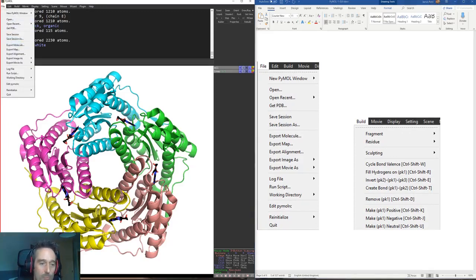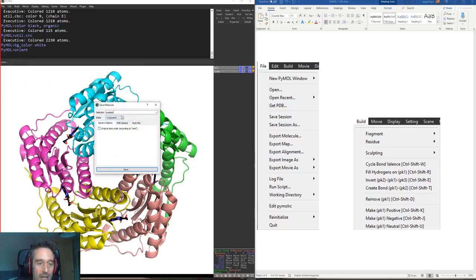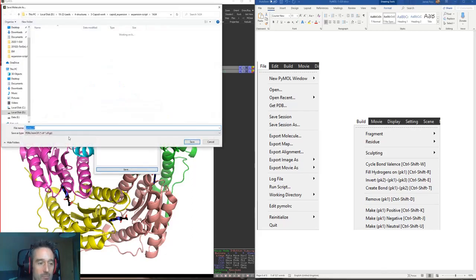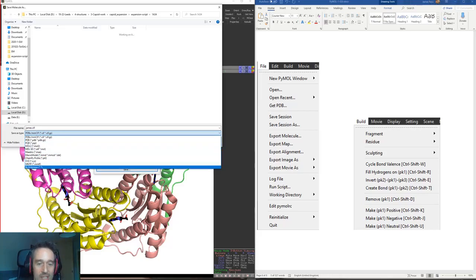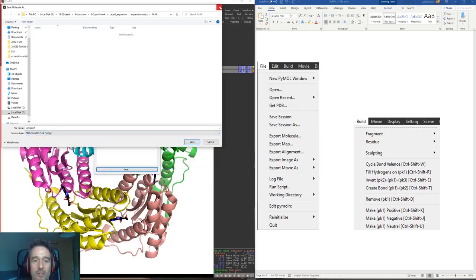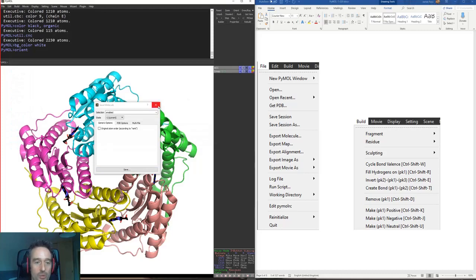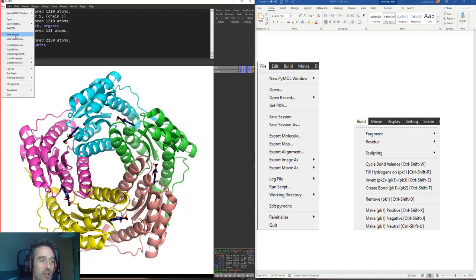If you want to export a PDB, you go to export molecule, and the selection here is everything that's enabled, so everything that we can see. Yes, we want to save everything that we want to see. And then you get some options here if you want to save PDB files, PQR files, MOL2 files, CIF files, etc. So you get to choose which kind of file extension you want to save with. If you had a file save session,